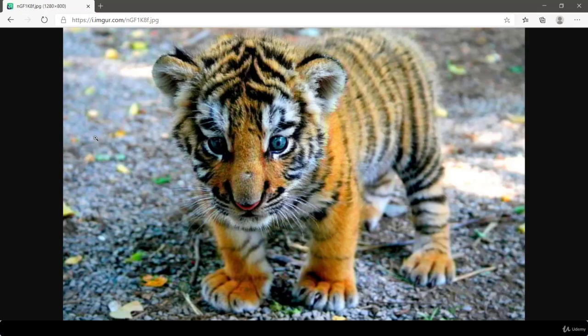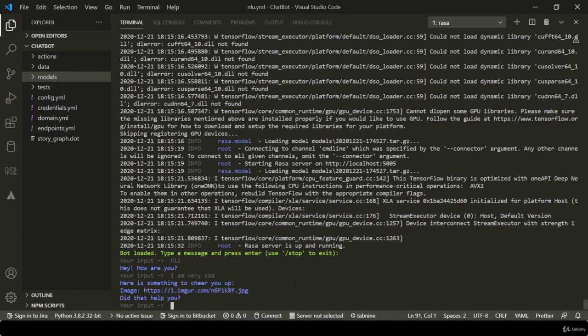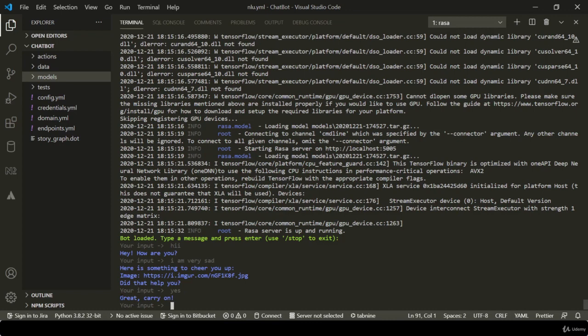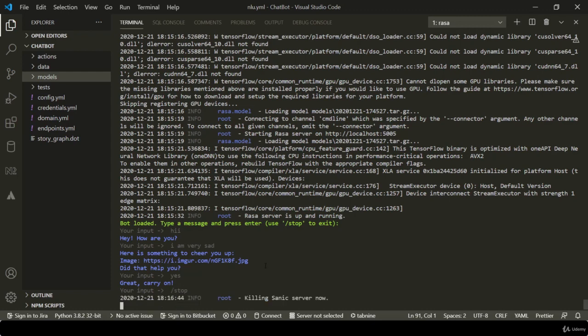So this is the picture of a little tiger, and I'll say yes. It will say, great, carry on. So this is the way that you can check the behavior of your chatbot, and I will say stop. There is one other way that you can check the behavior, which is rasa shell